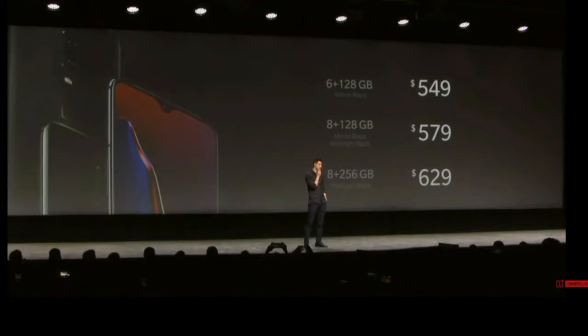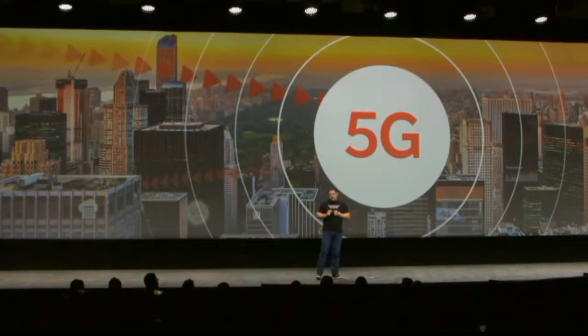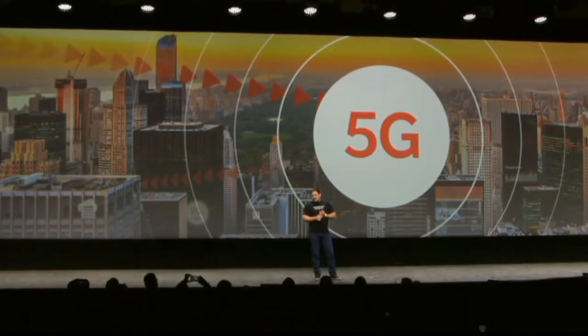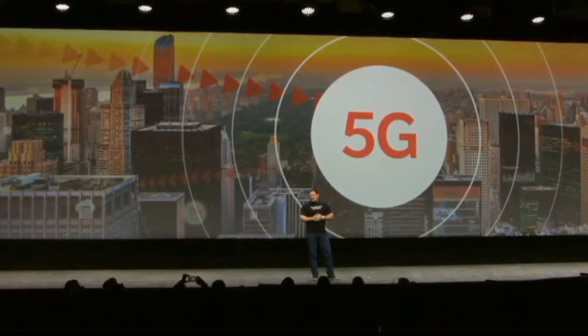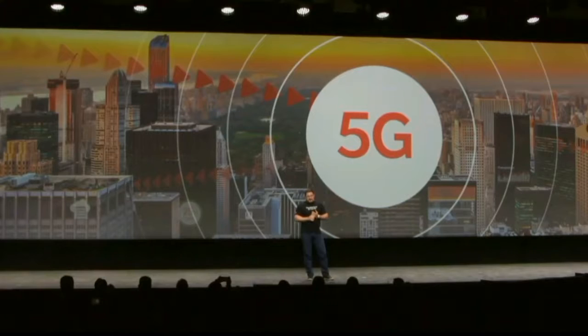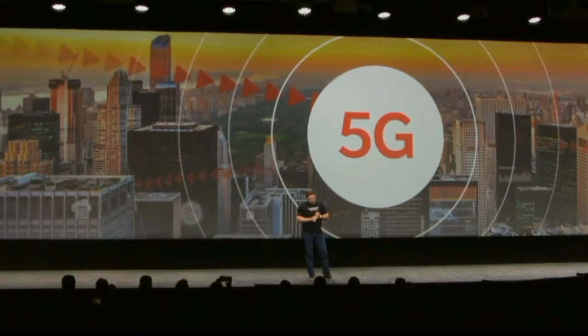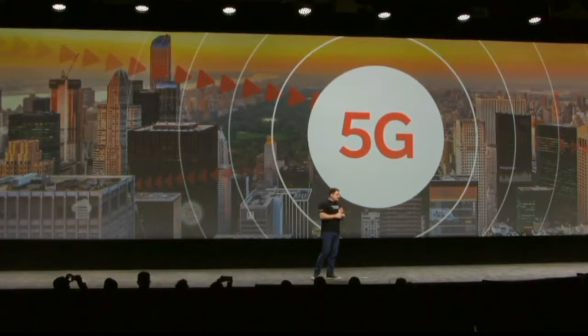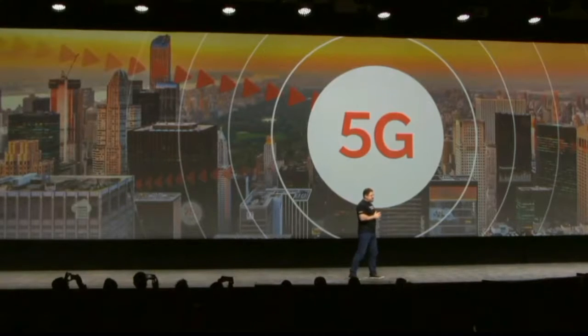So now let's talk about the 5G connectivity of the OnePlus 6T. The OnePlus 6T has the capability to support 5G connectivity. And I have made a separate video about what 5G connectivity is. So if you want to watch that video, the link of that video is down in the description box of